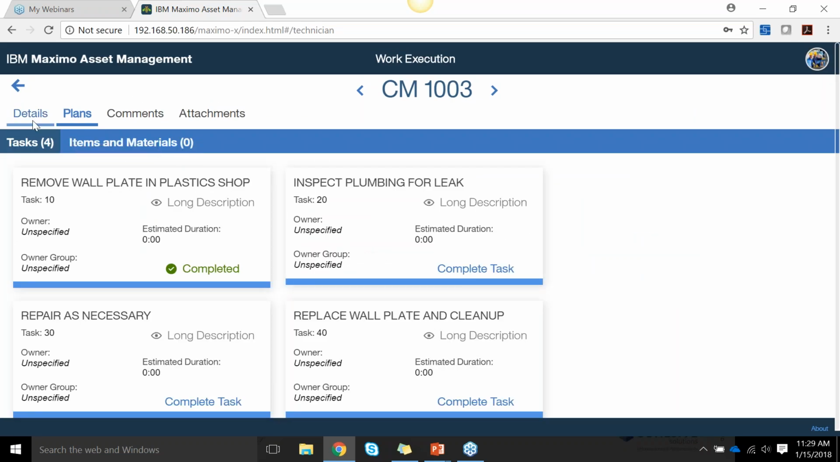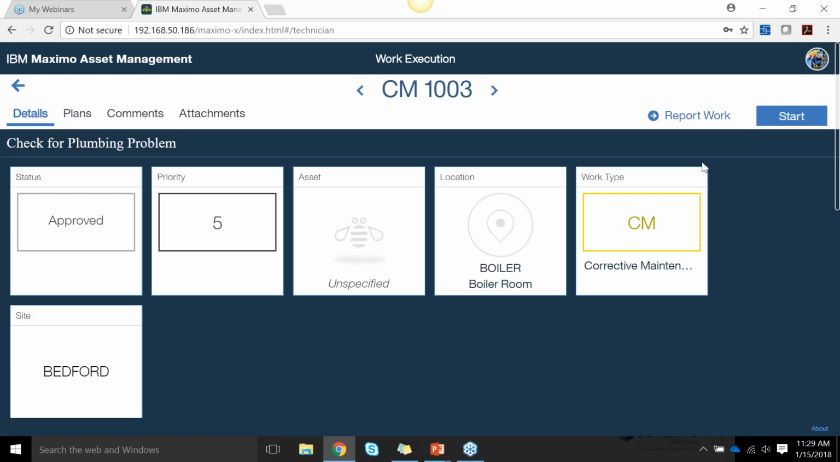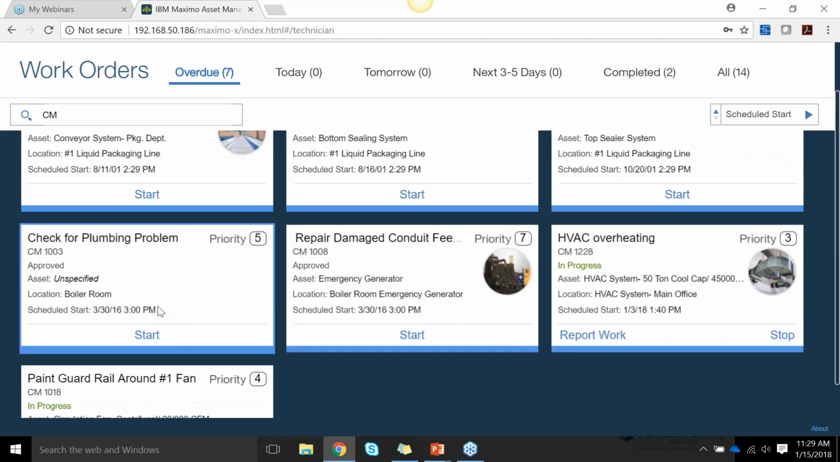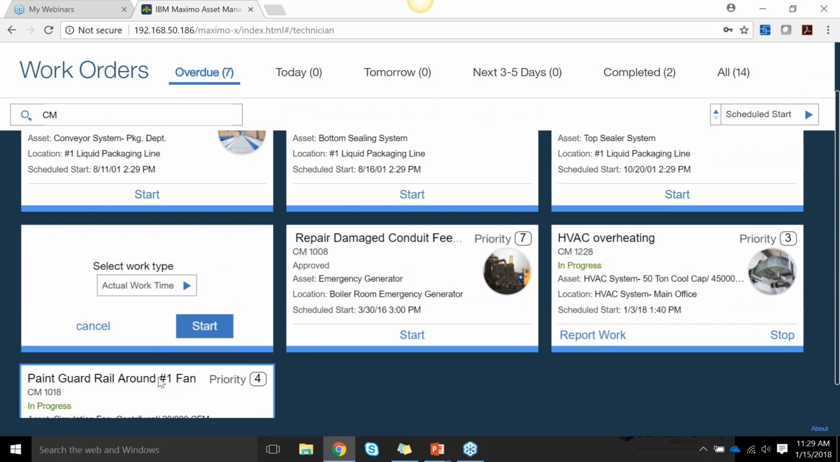Come over here. So this is the work order that I just looked at. Now let's say I wanted to start the work. I log in, I can click start. What it's going to then prompt me for is this travel time? Am I waiting on materials? Or is this actual work time? So I'm going to say this is actual work time. I click the start function there,